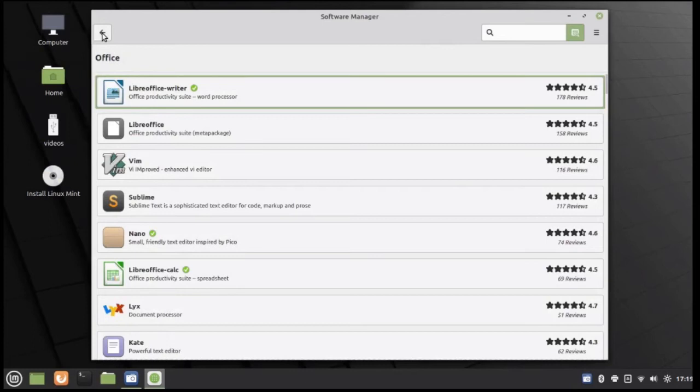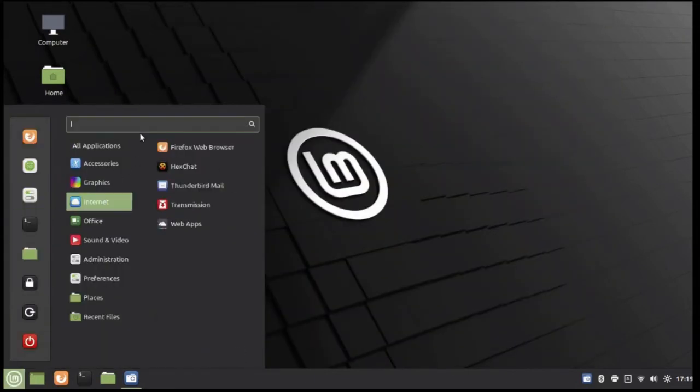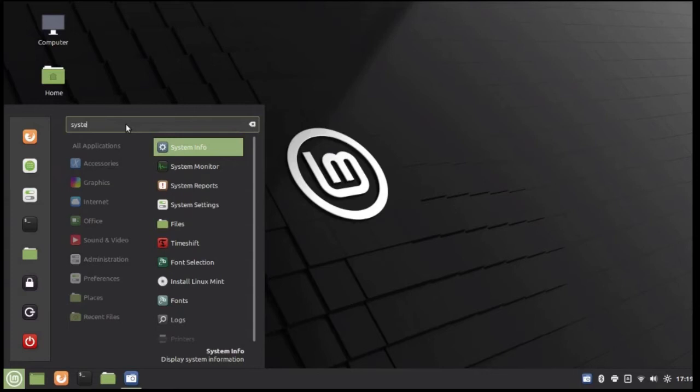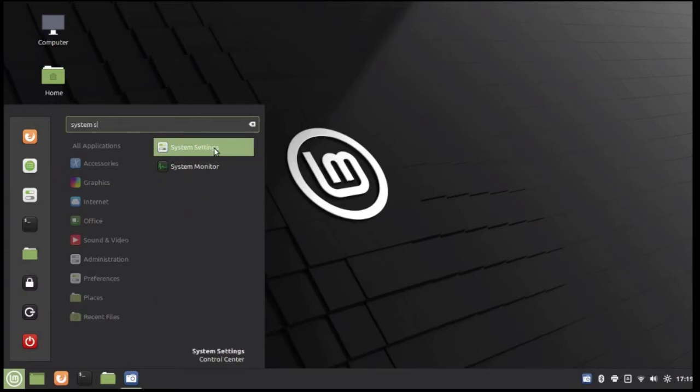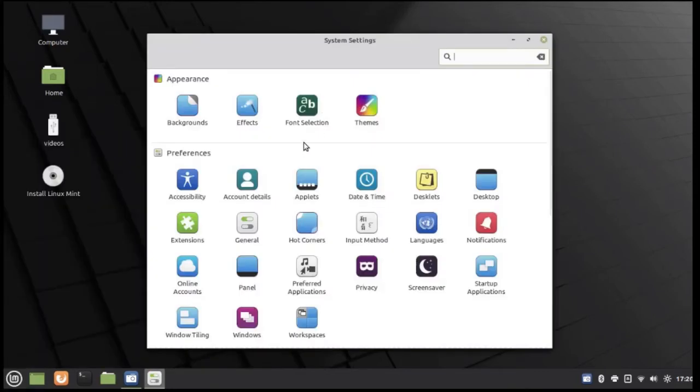And so one of the next things I'm about to show you is the configuration. And so I'm going to access this. Let me just click this out. We can type here, System Settings. You can see it's right here. And it also says right there, if you can see a control center below where it says System Settings in the bottom right. And so we can click on this, and we get all of these icons